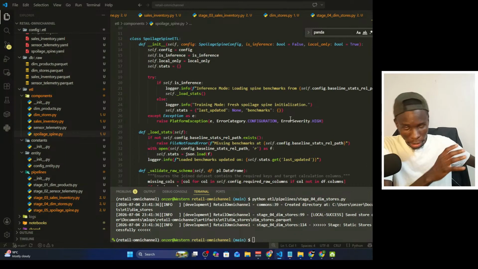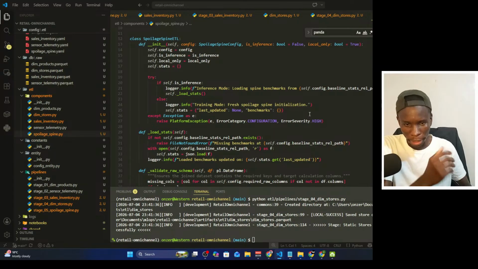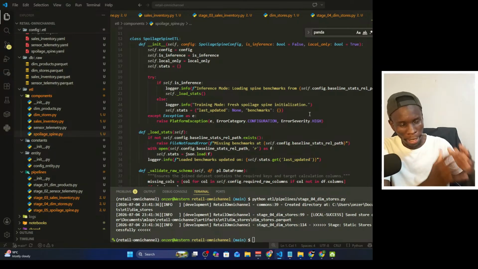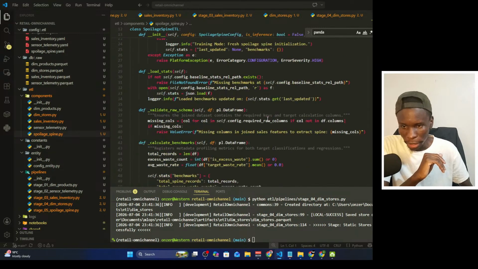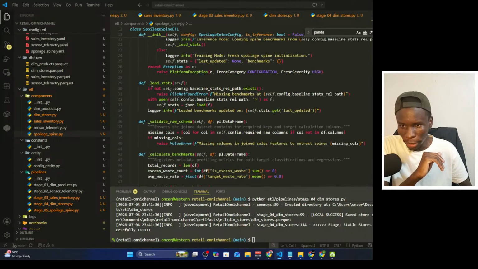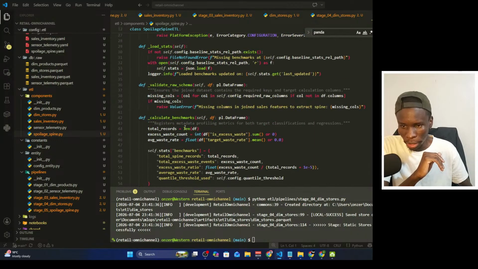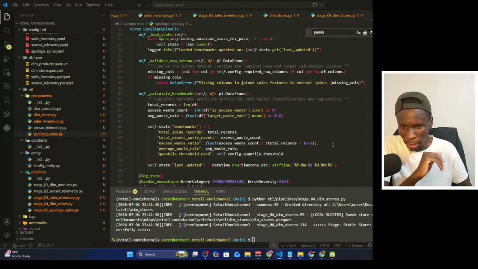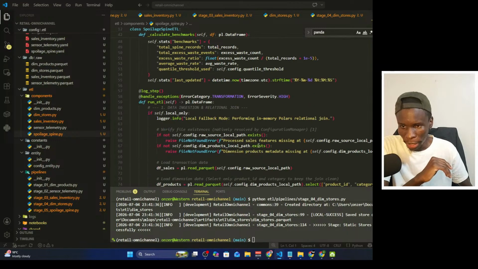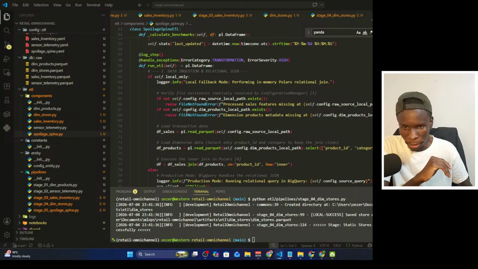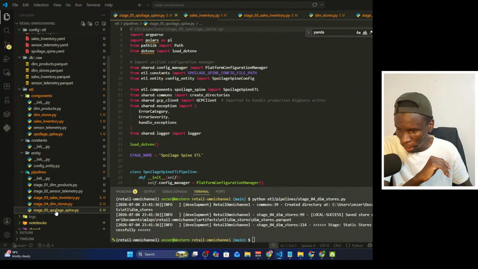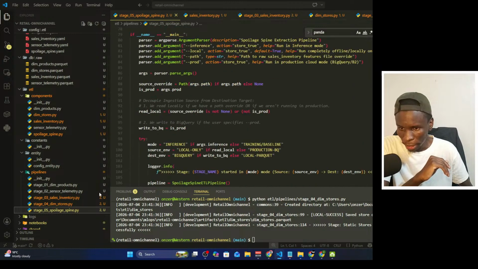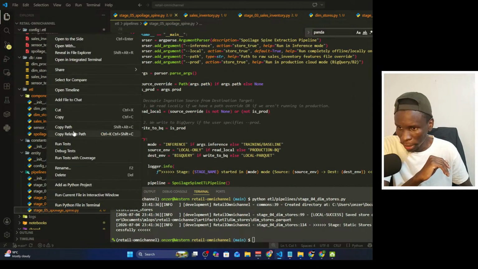Feast will populate it. We're now creating the spine, and the spine is the entry point of Feast. Feast will take the spine, then try to populate it with the columns you need. So this one is load stats, validate raw schema, then calculate the benchmarks if we need. Then we can log all those steps. From that, I can create the pipeline. So this is the pipeline, and once you have your pipeline, it's just a matter of